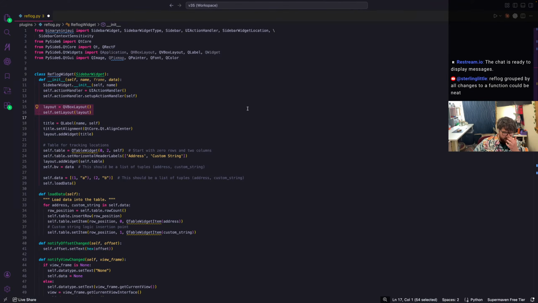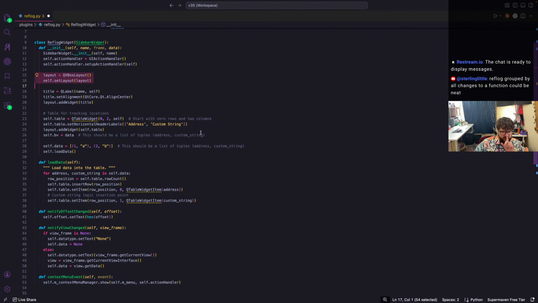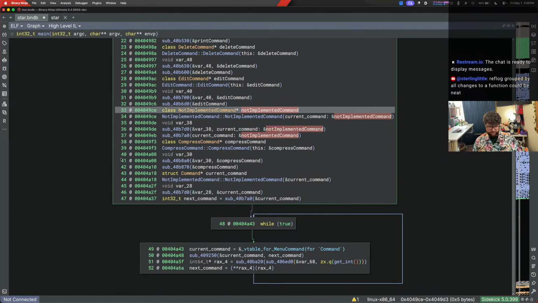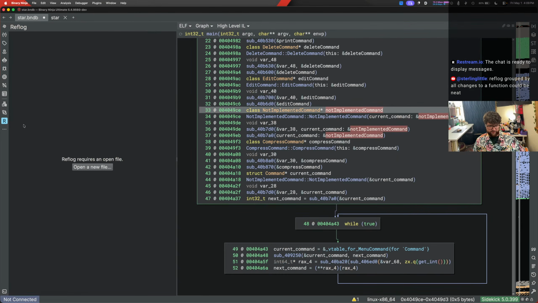Once we have something, because even just designing the linear list, I was thinking we could do the address and the name of the function, but we could do any number of things. Address, function, the level of IL you were in potentially. There was something else I thought that we could put in that list that I'm blanking on now, but let's get this working. We have it over here,